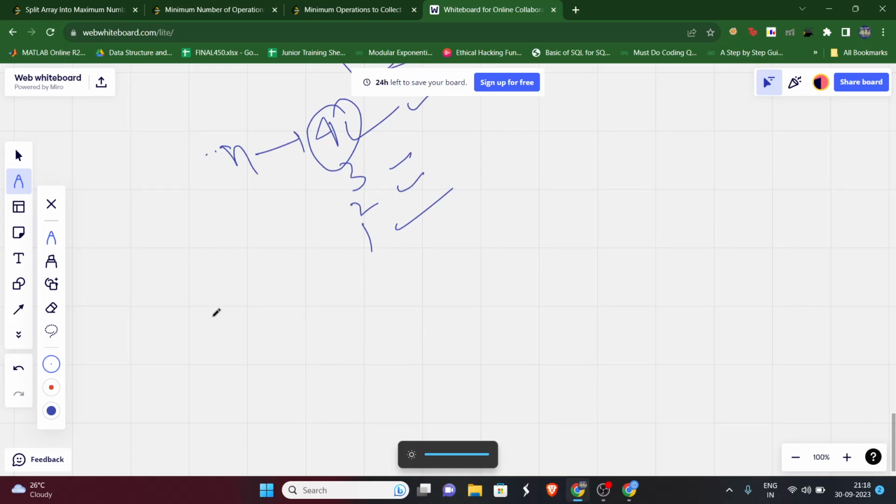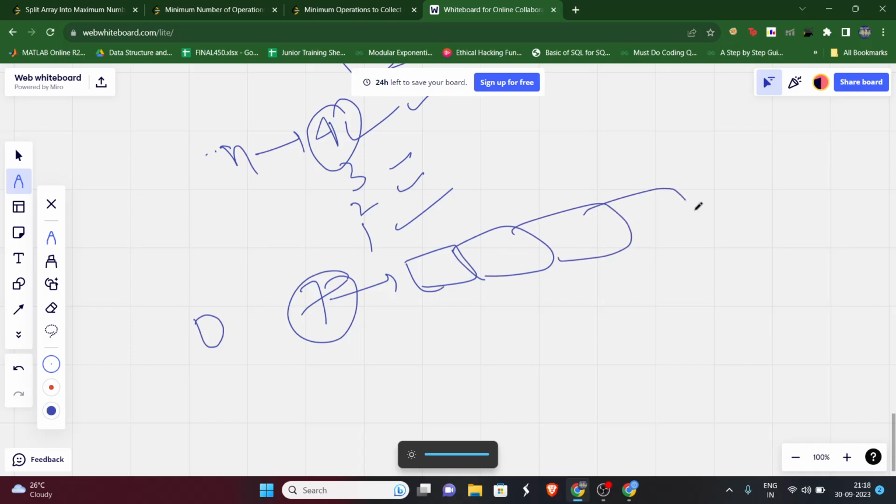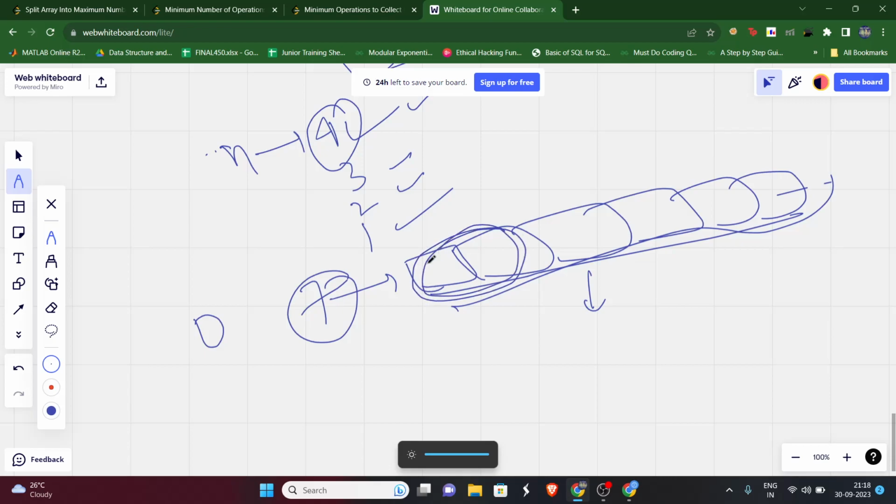How can we apply this? Let's consider seven different subarrays. The subarrays will be contiguous, right? So let's say these seven subarrays make the entire array, and we know that this is possible. That means even if we merge these two subarrays, and one had score s1 and the other had score s2,